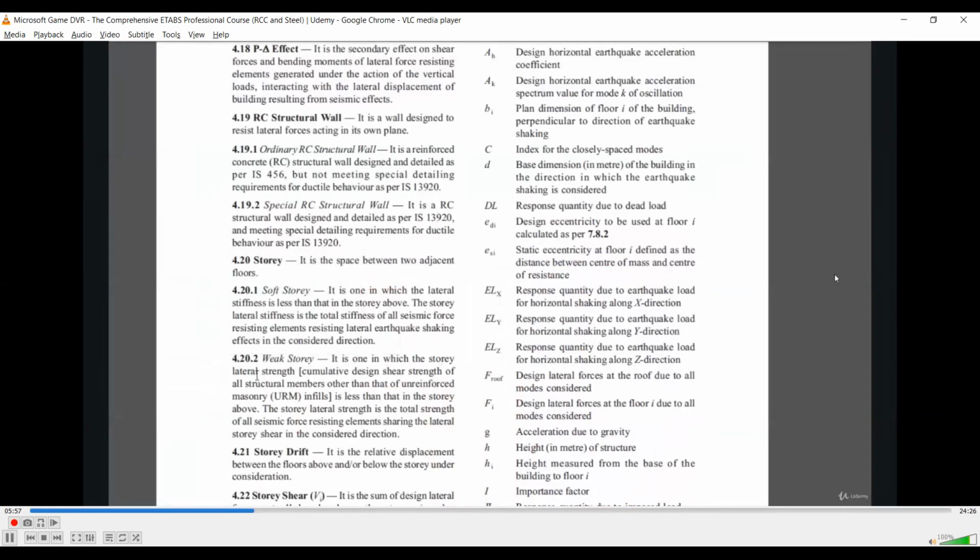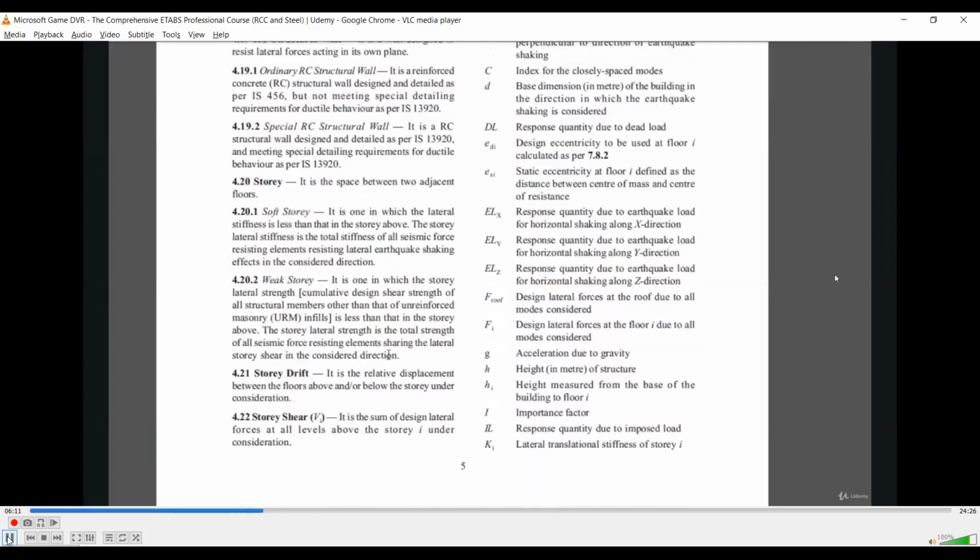And weak story is the one in which story lateral strength is less than that in the story above. So there are two types of things: soft story, where lateral stiffness is less than that of the story above, and weak story, where the lateral strength is less than that of the story above.